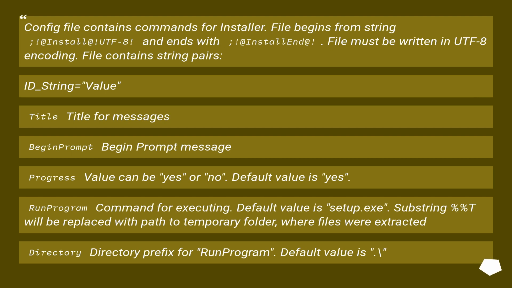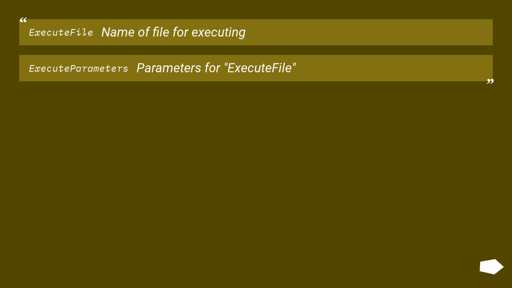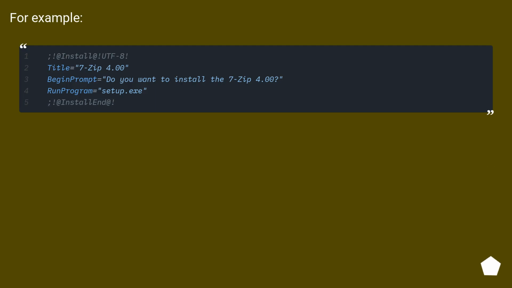The file contains string pairs, id_string=value. Title is the title for messages. BeginPrompt is the prompt message. Progress value can be yes or no; the default value is yes. RunProgram is the command for executing. The default value is setup.exe. The substring %%T will be replaced with the path to the temporary folder where files were extracted. Directory is the directory prefix for RunProgram. The default value is \. ExecuteFile is the name of the file for executing. ExecuteParameters are the parameters for the execute file. For example,